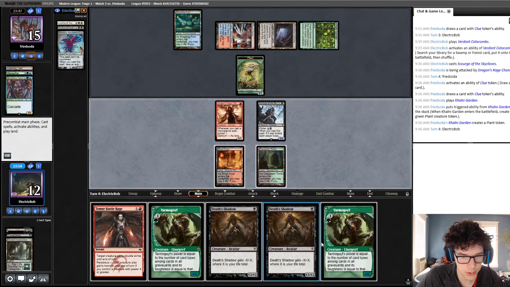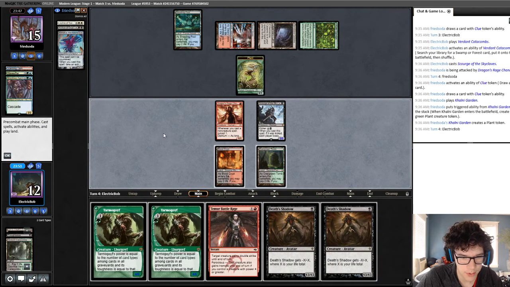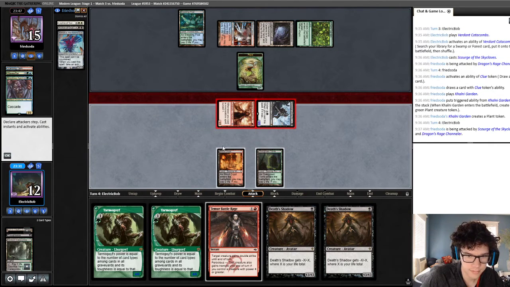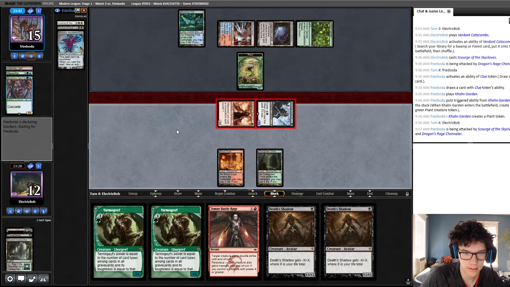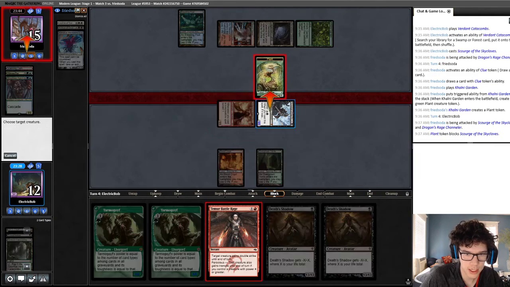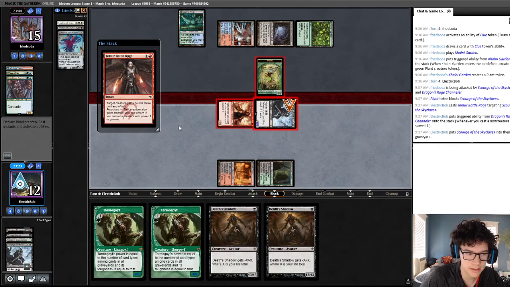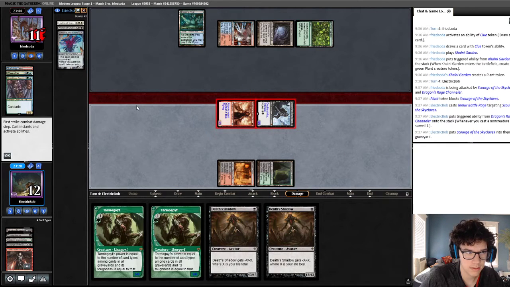Ooh, boo. Boo. Maybe what... Oh, I think I missed something here. We probably should have upkeep TBR'd our Scourge, because we're going to Team your Battle Rage it regardless. I guess... Huh. Okay, how much damage do we deal? I'm not sure. Let's just attack here. Yeah, let's just attack. Okay. Let's try and turn on our Dragon Rage Channeler at the bare minimum. We do get to do that, so I don't think this is lethal yet, but...